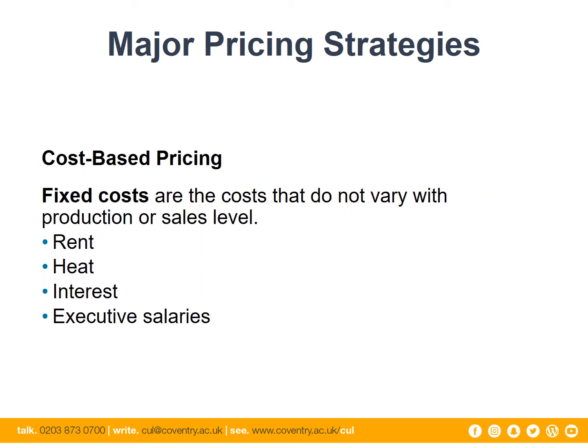Cost-based pricing, you need to take into consideration both fixed costs and variable costs. Fixed costs are the costs that do not vary with production or the sales level, and these include things like the rent, heat, interest, executive salaries. So these need to be attributed to a proportion anyway in terms of